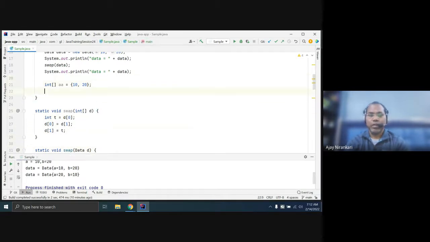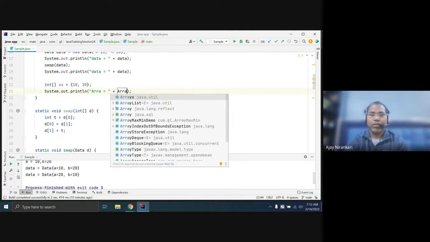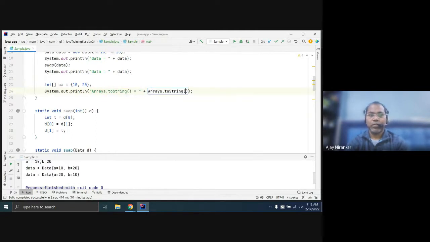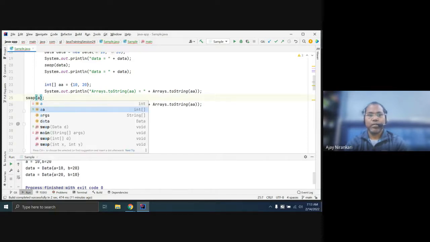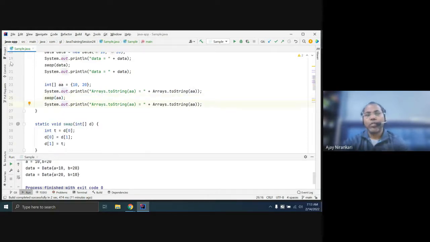If you print System.out with Arrays.toString(a), and just invoke your swap function, swap, passing the array, you will notice that this changes your value, even though this method does not return anything. But the array is a shared data structure, and now this method can change the value.